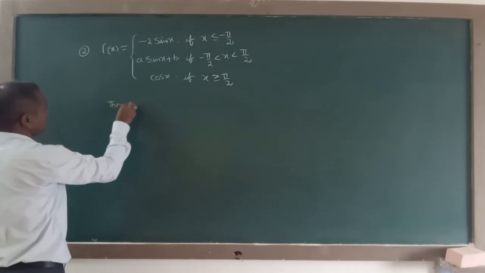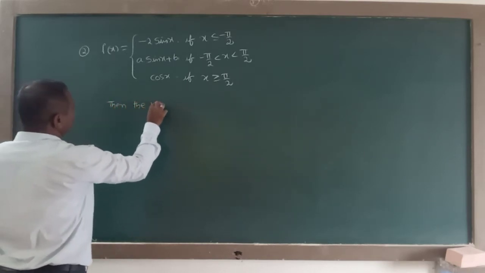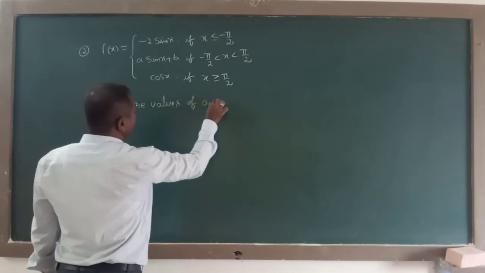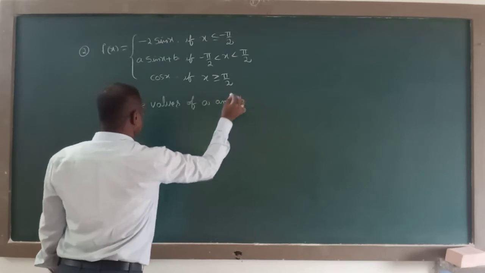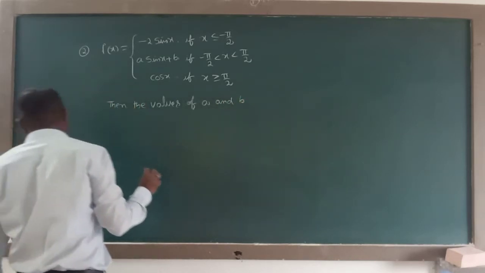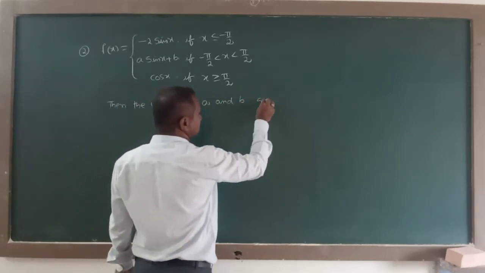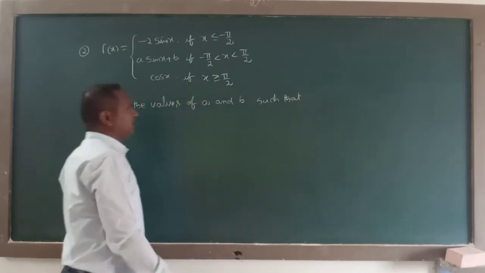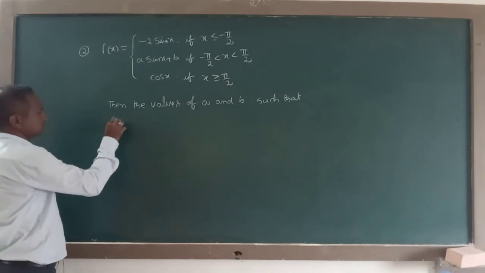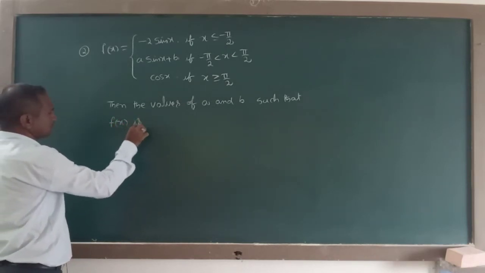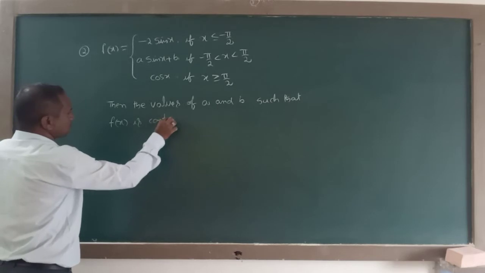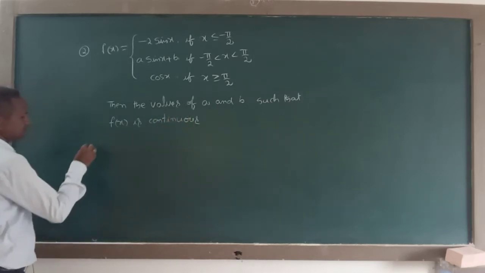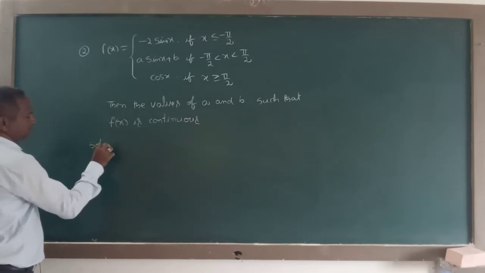the values of a and b such that f of x is continuous. f of x is continuous. Solution to this question is